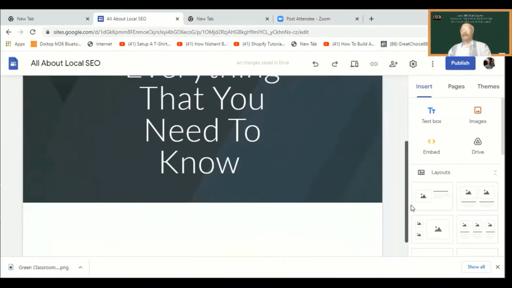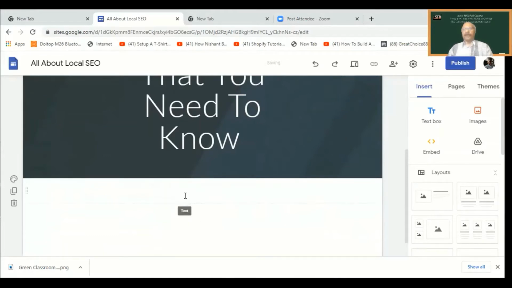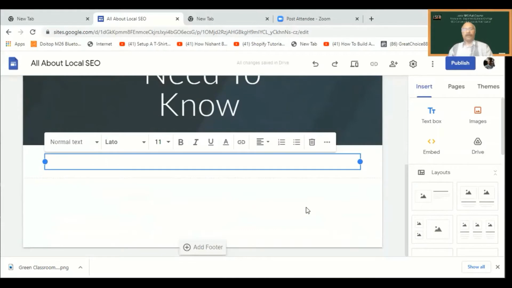Coming to the website, this is add footer. We are going to just concentrate on the website. You can see the layouts here. I think we will just go with some text first, because this is supposed to be a topic on contents. In order to save time and not waste a lot of time on creating contents, we'll go with